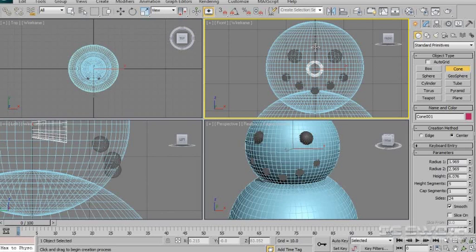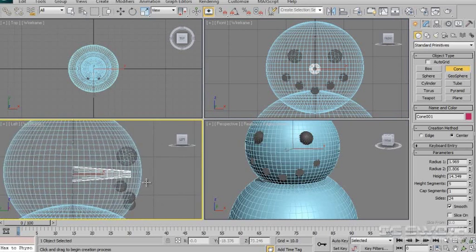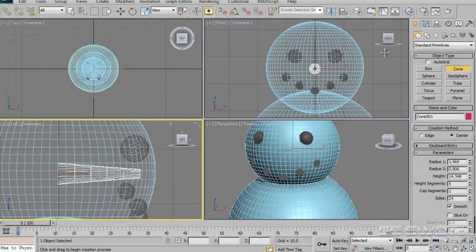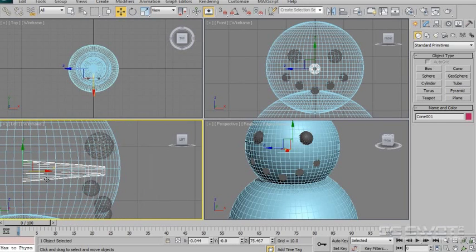Releasing the mouse and continuing to drag creates the height, which you can see in that left bottom view there. It's getting taller. About there is fine. And then by clicking again, I'm adjusting the second radius. So I'm just going to move that in a little bit, something like that. You'll see down here that we've created that cone shape. It needs to be brought forward,